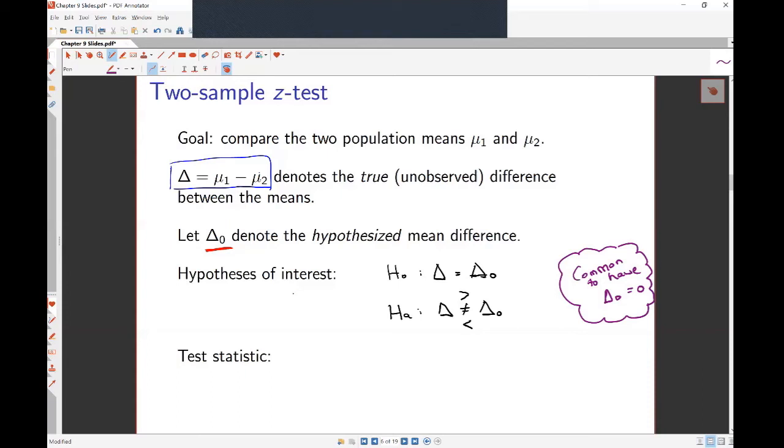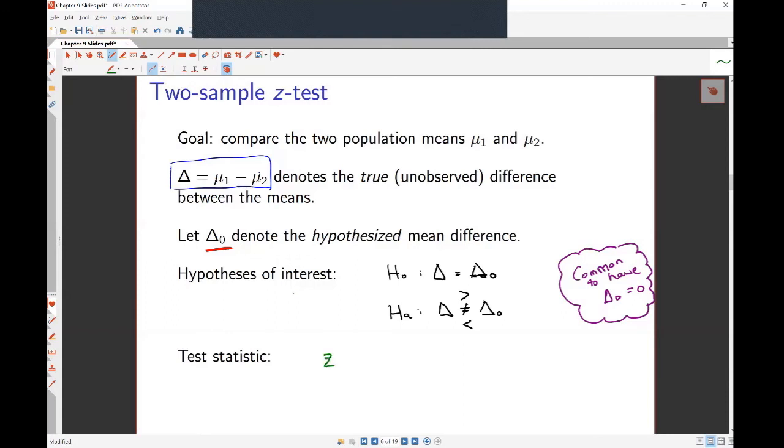Think about that for a moment. What do we know if the true difference is 0? That tells us there's no difference. So often we're going to hypothesize that the two bell curves have the same center or the same average. And in those instances, the null hypothesis will be formulated as delta equal to 0 versus some alternative that negates that. Now, you already know that the section is called a two-sample z-test, so that should suggest to you that